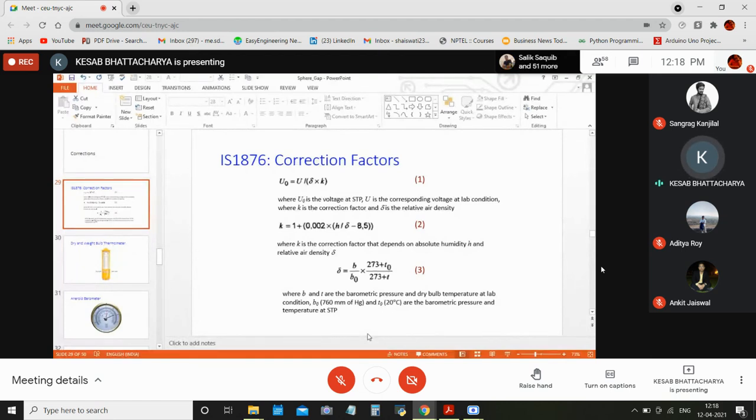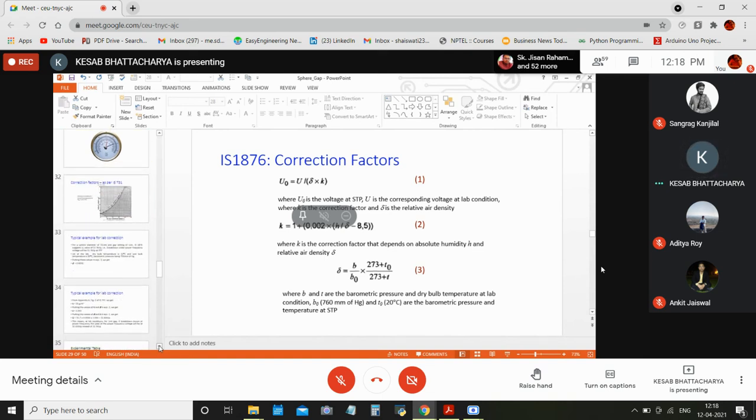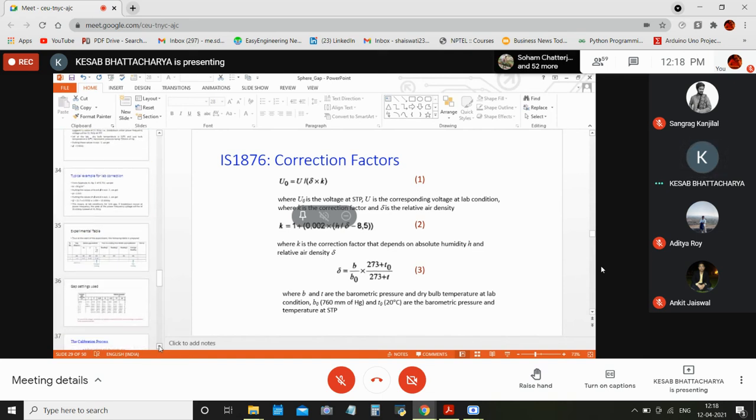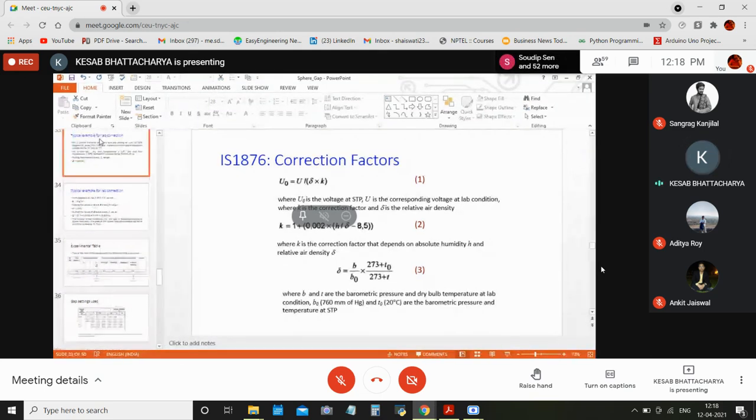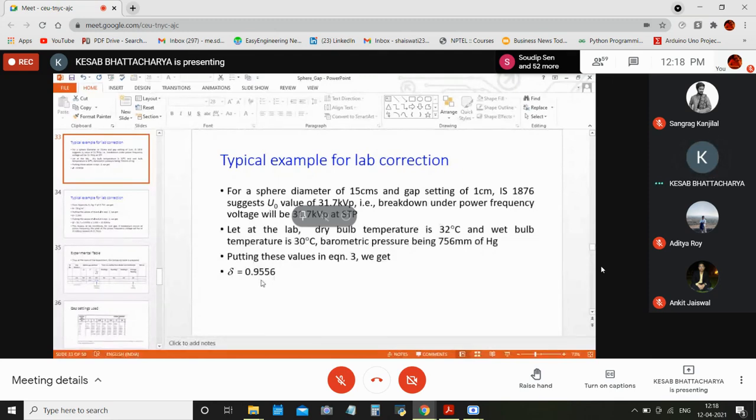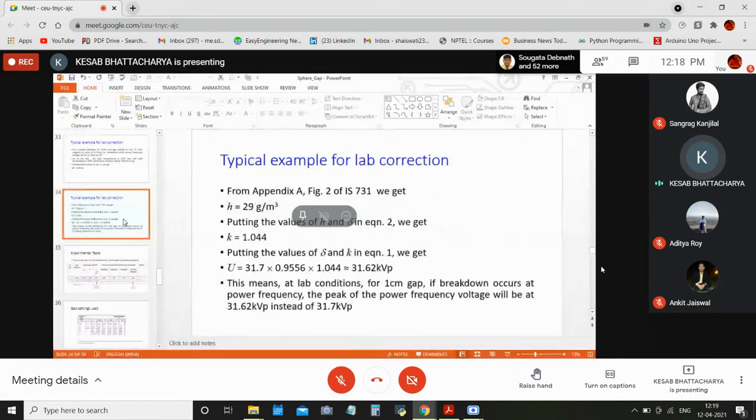ডেল্টা তো 756, so 756 divided by 760 করলে আসছে 0.9947, that multiplied by 293 divided by 273 plus 32, that is 305. 0.9556 সেটাই এখানে দেখানো আছে, দেখো এইভাবে, তাহলে আমার ডেল্টা হয়ে গেল। এই যে এখানে দেখানো আছে ডেল্টা 0.9556, এরপরে একটা কে বের করেছে, এইচটা বের করেছে।